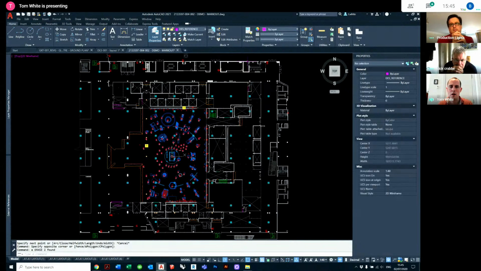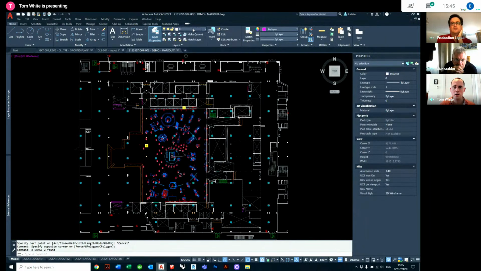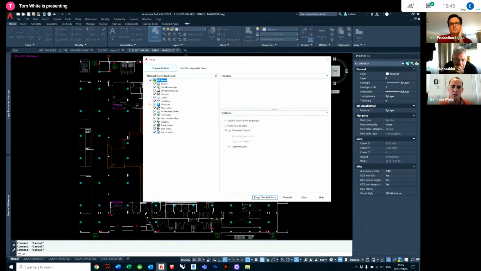But to be on the safe side, as long as the layer is not selected, I'm going to go to a different layer. I'm going to 0, enter, to go to layer 0. I can use the purge command. And I now have, if I click on the plus next to layers, a layer that's called design